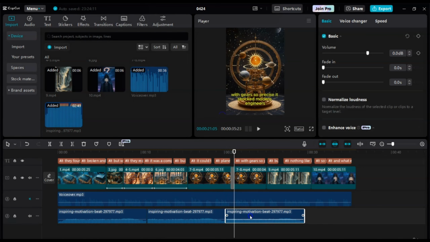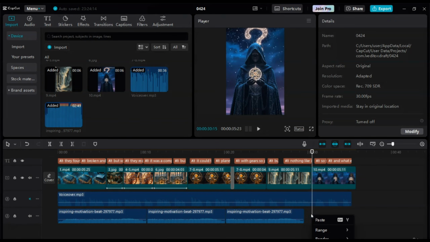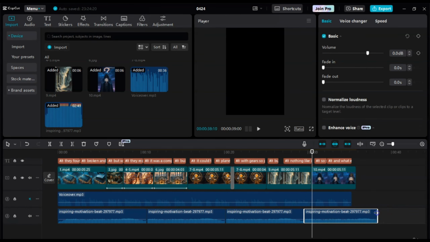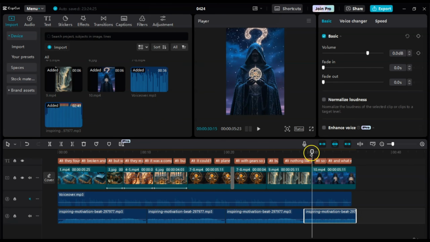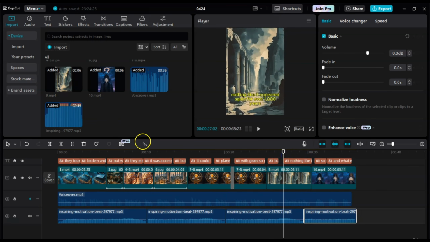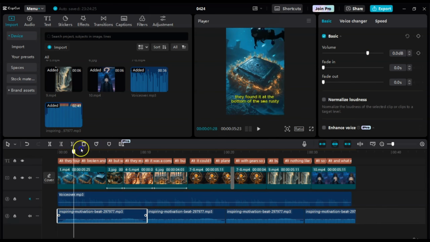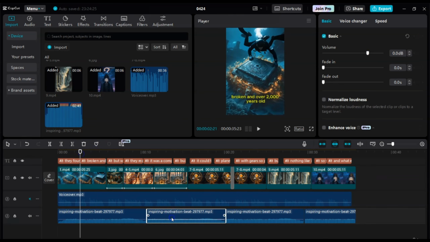So when it comes to video editing and creating content, you just need to practice and try out different things. You never know what might work the best. So just keep on doing your best and edit the video as you see fit. So what you can do, so to control the volume of this right here, you need to adjust the volume right here. Now what happens when you split these sounds like this is that if you're gonna adjust the volume, you have to adjust the volume of each one of these. So let's